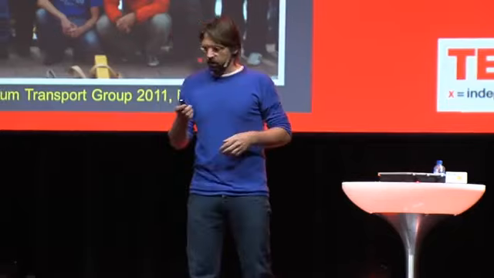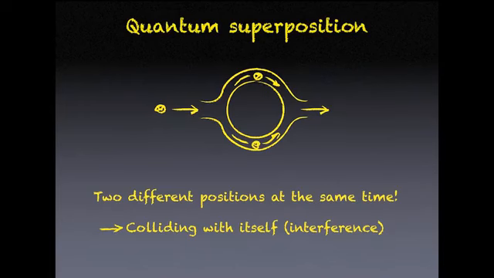So what is actually absurd about quantum mechanics? Why are we so excited about our quantum stuff? Let me give you 2 examples of absurd quantum mechanics. The first example is quantum superposition. Let's take a particle, like an electron, and bring it into a ring structure. The particle can take the upper arm to get to the exit, or take the lower arm to get to the exit. Now, what actually happens in quantum mechanics is that the electron takes both arms at the same time, simultaneously. Really, it's sitting in the upper arm as well as in the lower arm at the very same time.